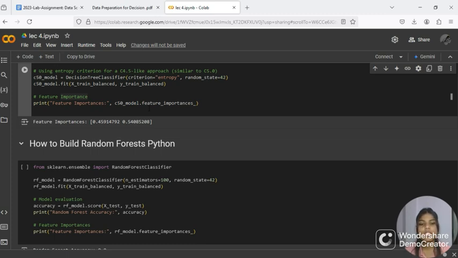So feature selection is, if you want to reduce the dimensionality of your dataset, you could consider removing feature 1 since it's less important. Feature engineering is, you could try to create new features that are more closely related to feature 2 since it's more important for the model prediction. And model interpretation is, understanding the relative importance of each feature can help you understand how the model is making predictions and identify potential biases. So let's move to the next topic, which is random forest.